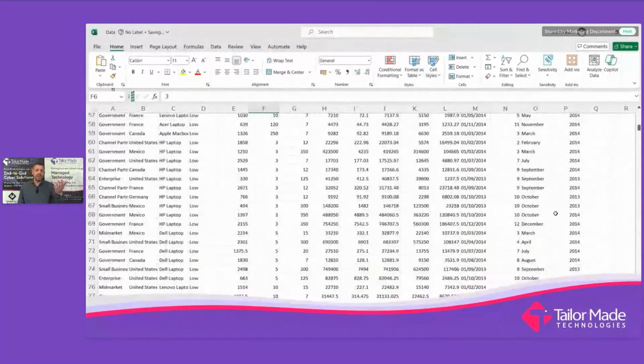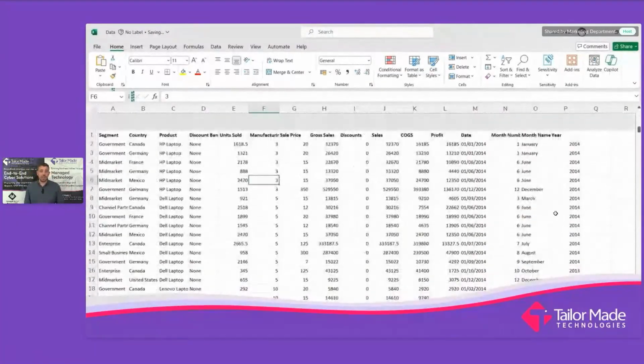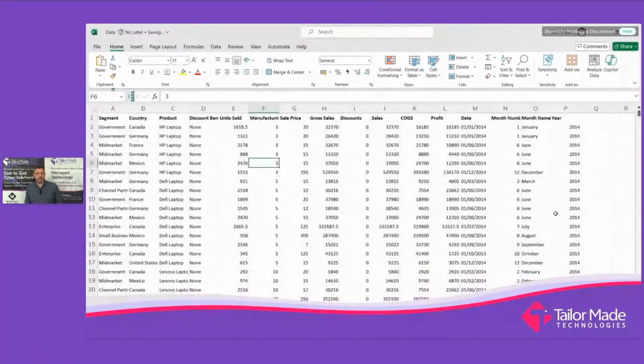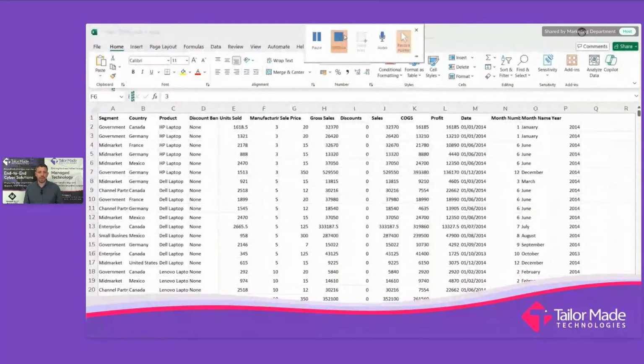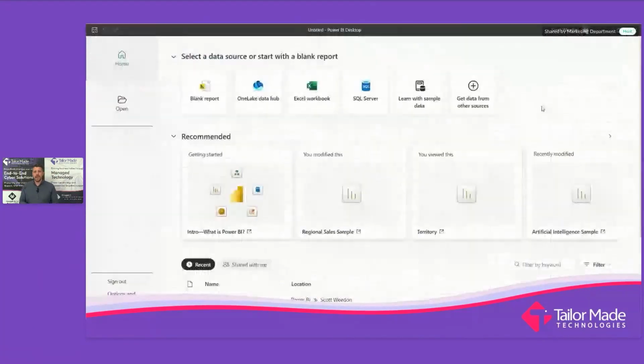I can spot that this is probably a lot of data showing laptops or products that we're selling in various countries and into various industries. But if you ask me quickly, by looking at that, whether the trend is going up or down and roughly how many we sold, I'd have to start creating graphs and charts and filtering and all those sorts of things. So what I want to do is take that raw data. I'm not an Excel expert. I want to lift it up and put it in something that's easier to use. And that's where Power BI comes in. And remember, we're looking for the insights, not just the data.